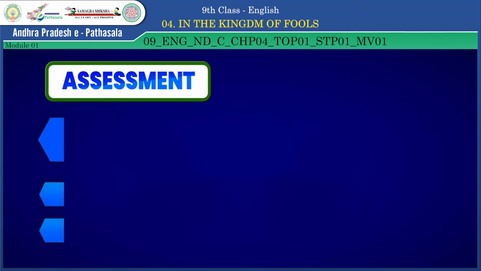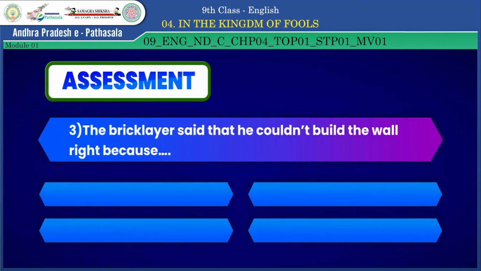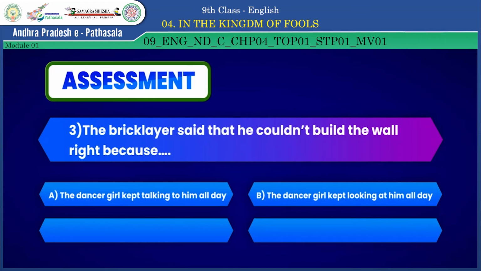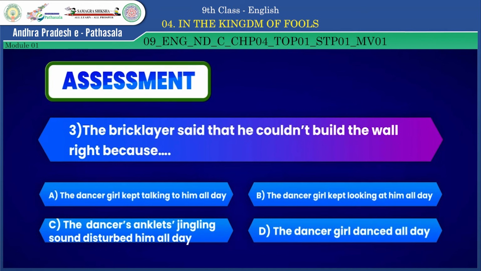Hope you are all enjoying this assessment part, children. Now let's see the fourth question. It was decided to hang the disciple in the place of the merchant because A. He was the real culprit. B. He didn't follow the Guru's advice. C. He was living in the kingdom illegally. And D. He was fat enough to fit the stake.